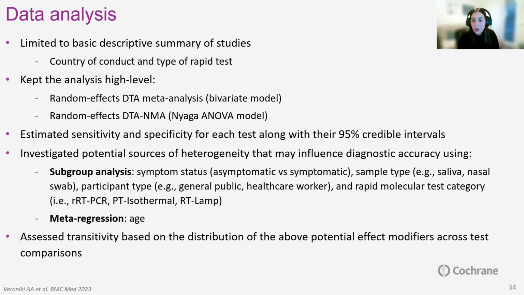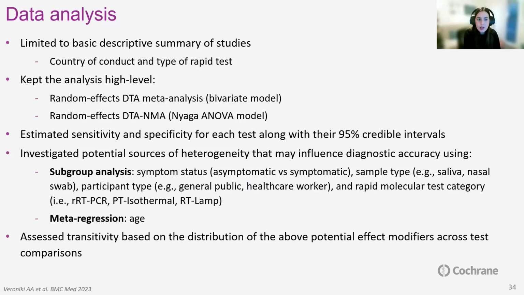When the eligible studies allowed, firstly, to assess the diagnostic accuracy of each index test, we performed a random effects meta-analysis using the bivariate model. And then, when the eligible studies formed a network of index tests, we performed a DTA-NMA, using the totality of the evidence in a single model, accounting for the correlations between tests from the same study. So we applied the Nyaga ANOVA model, and we obtained the summary estimates of sensitivity and specificity for each test along with its uncertainty, that is, the credible intervals,